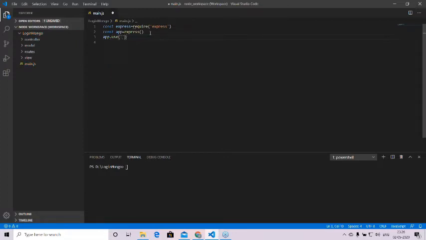App.use, so if a user requests for nothing, just HTTP localhost and your port name, then this is how he will be handled. This request will be handled. So I will send "ask your administrator". Okay, and let's suppose a user sends a request like